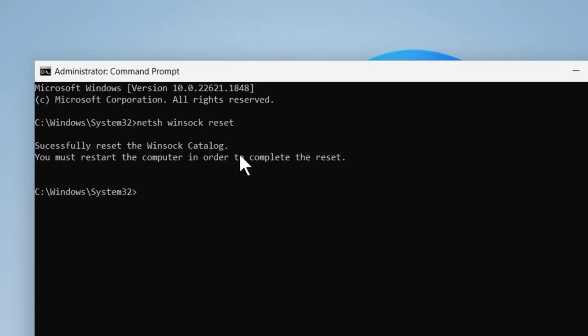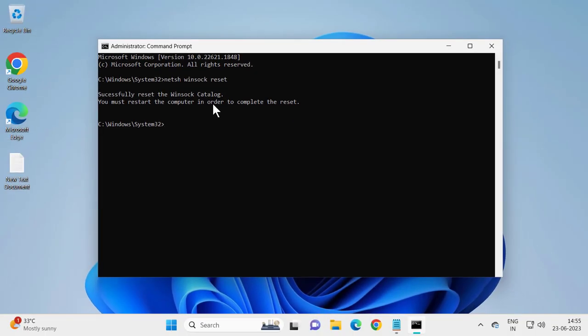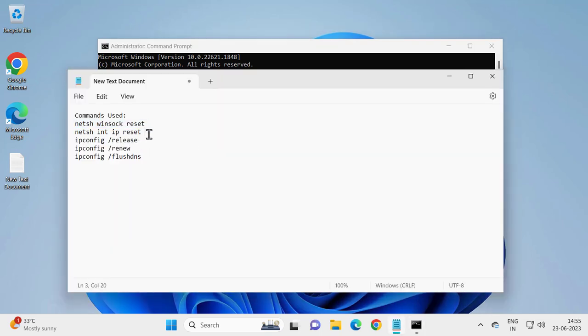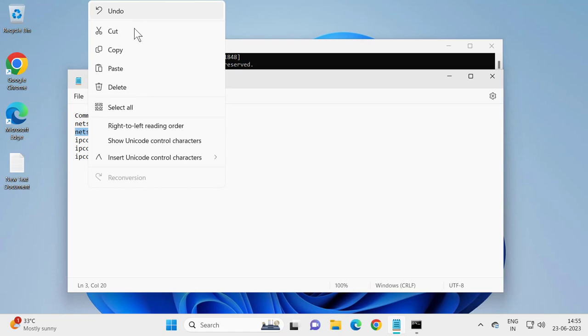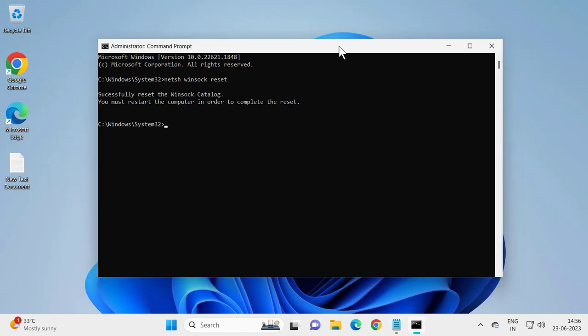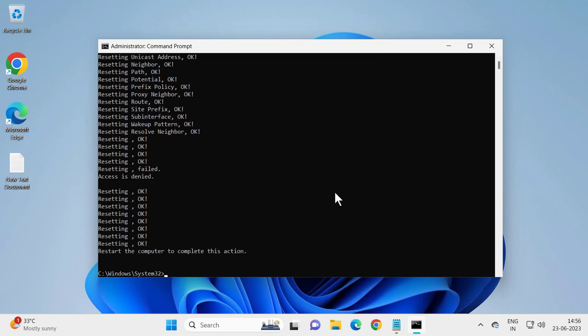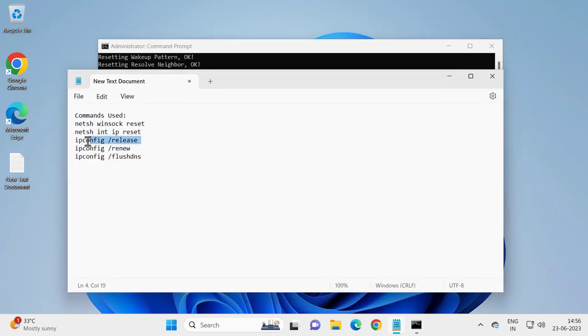Successfully reset the Winsock catalog. You must restart the computer in order to complete the reset. Don't restart now, we need to do 4 more commands. You just need to copy the second command and paste it in. Do it like this for all the commands. Press enter. After doing it, go and copy the third command,